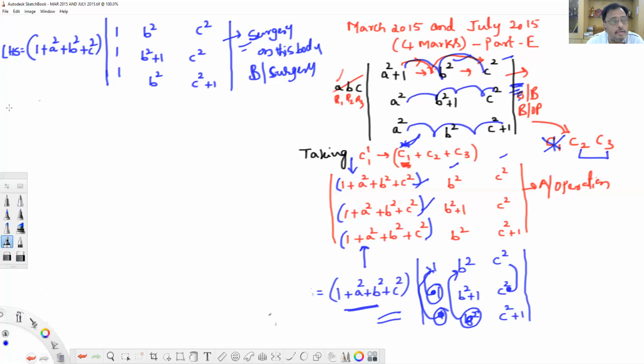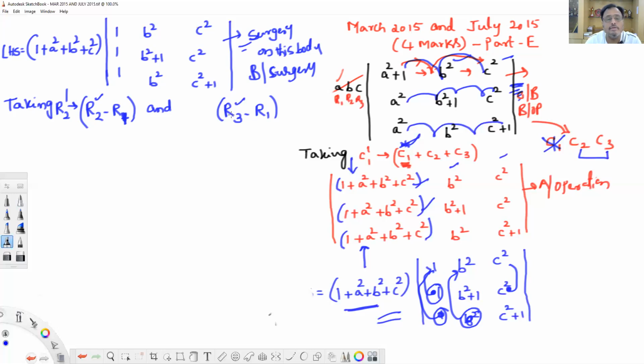Therefore, in this determinant, what are we taking? Two operations I am going to perform on this. Taking R2 minus R1, that means the R2 minus R1 result I am going to enter into R2, so R2 changes. Therefore the new R2 will be formed by this. And the second operation, R3 minus R1: the result after subtracting R1 from R3 will be written in R3, so R3 will definitely change, that means new R3 or changed R3. Yes, these 2 operations I am going to do now.